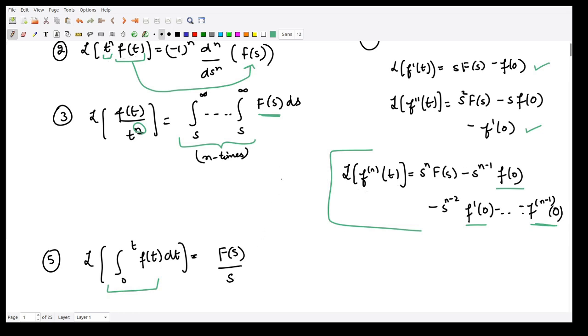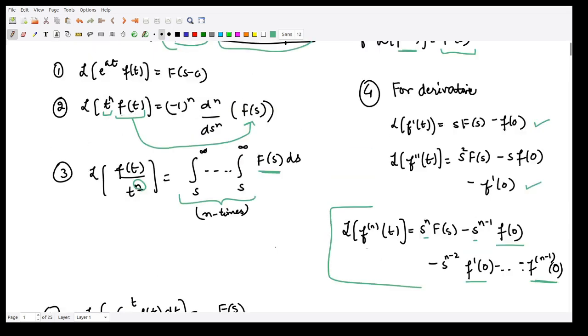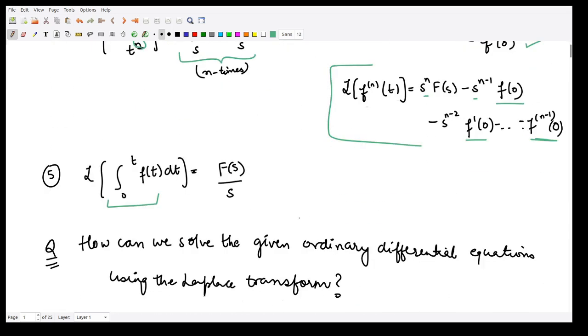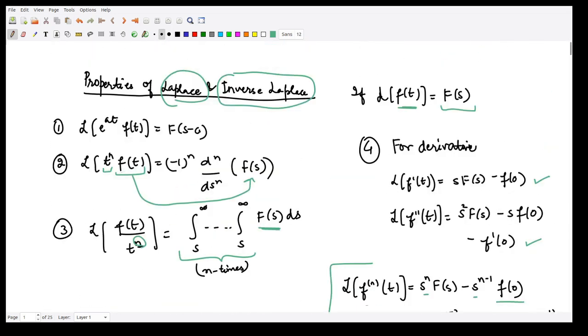So that means whenever you multiply by t, you have a derivative. Whenever you have a derivative, you have multiplication with s. And whenever you divide by t, you have an integral, and whenever you have an integral, you divide by s. So this is the general relationship that you already know between the Laplace transforms. And similarly, we have these relations inverted for the inverse Laplace transform. So as of now,